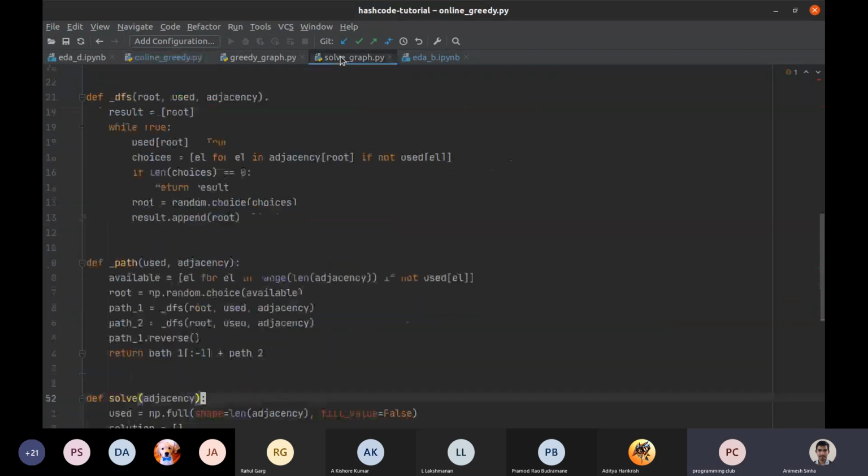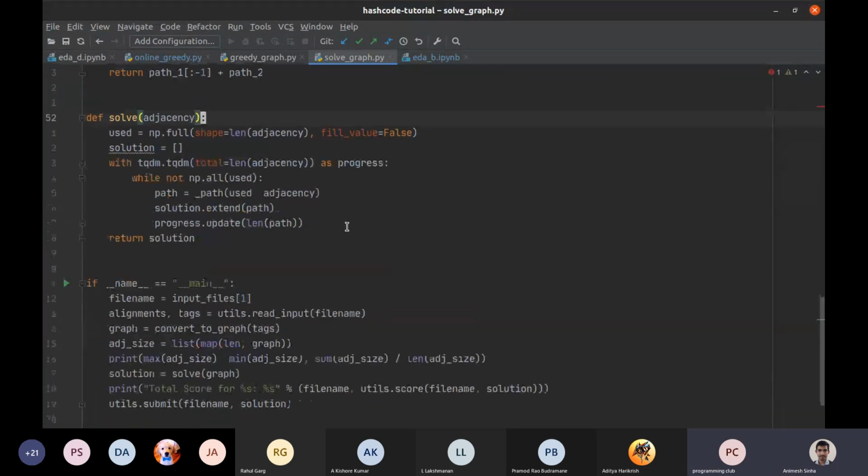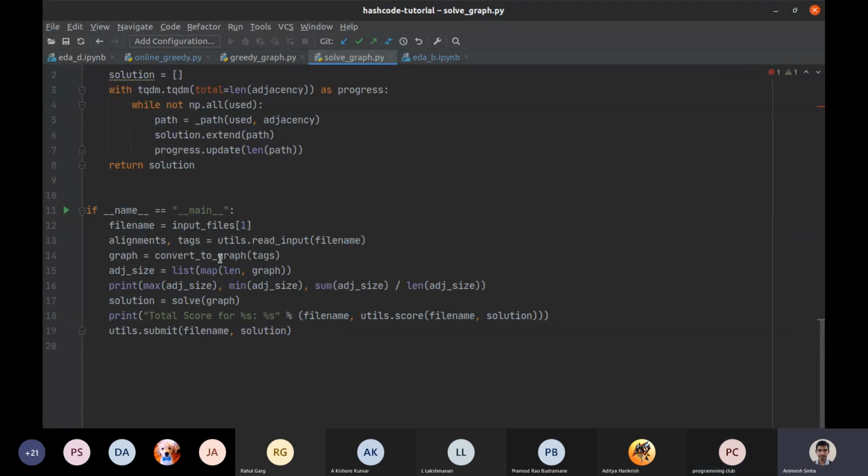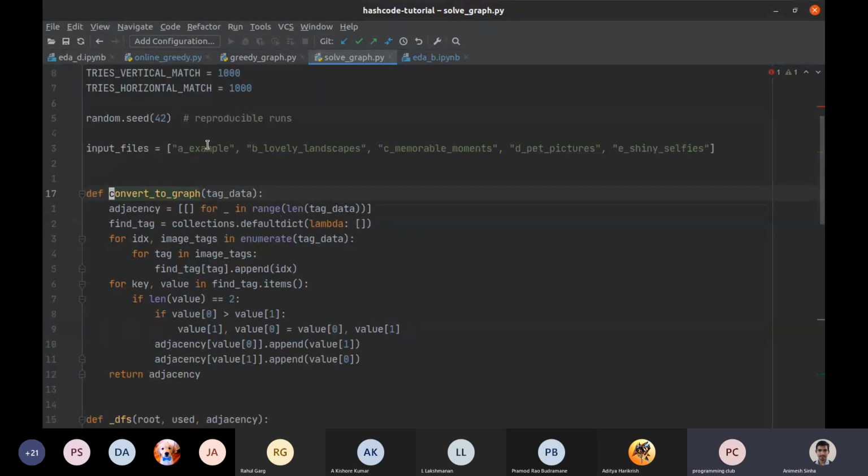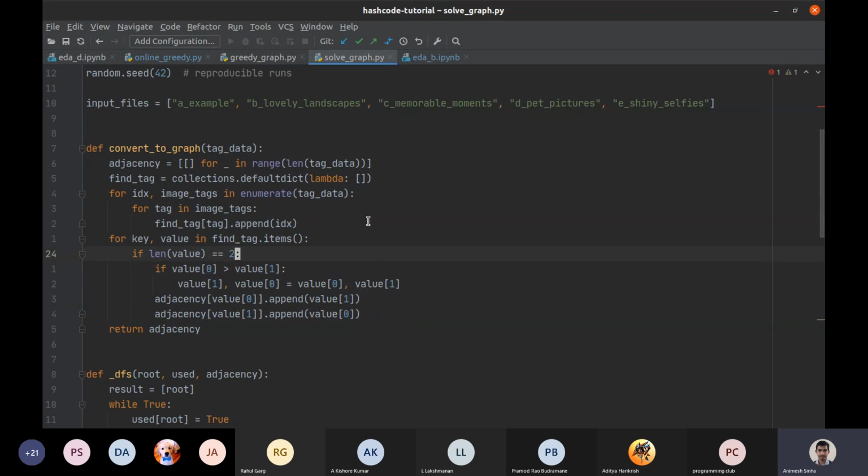Right. So it was solve graph, right? Yeah. So if you'll notice, let's start at the start. It's the same thing as always. The first thing we do is convert this problem to a graph. So we notice who are the people who share a tag, intersecting tag. And then we assure ourselves that the pair of images that the tag comes in is indeed a pair. All the basic stuff that we already did. And we construct our adjacency list out of it by appending the other guy in the pair to both of our adjacency lists. The exact thing you do for any normal graph.